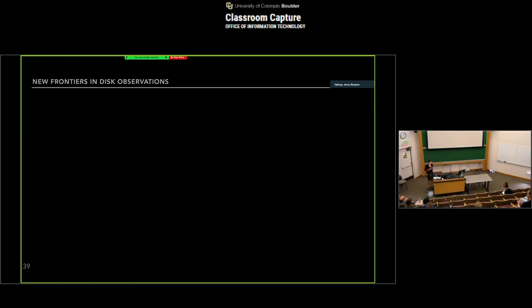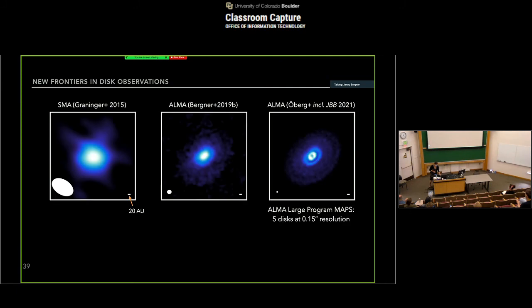All right, I want to say a word about what I think are some really exciting new frontiers in our ability to study disk chemistry. This is a gratuitous comparison of what ALMA can do compared to even earlier ALMA and SMA. This is the same molecule in the same disk, and you can see what the image looks like at low resolution, at moderate resolution with ALMA, and at the highest resolution that ALMA can achieve. You can see that with these state-of-the-art observations, we now have really exquisite detail that we can pick up in the molecular emission patterns within these disks.